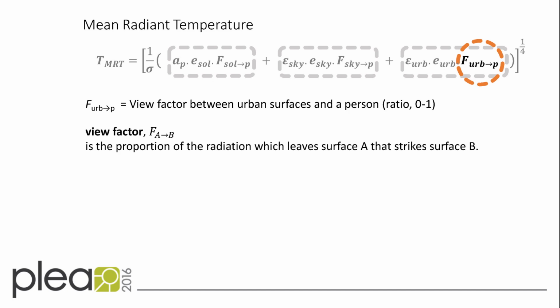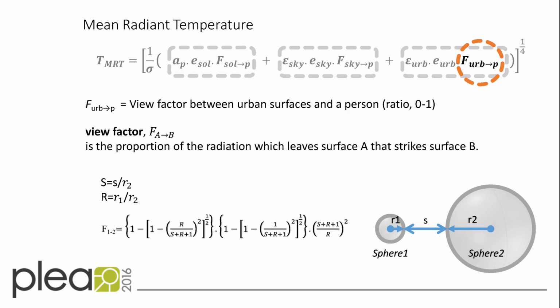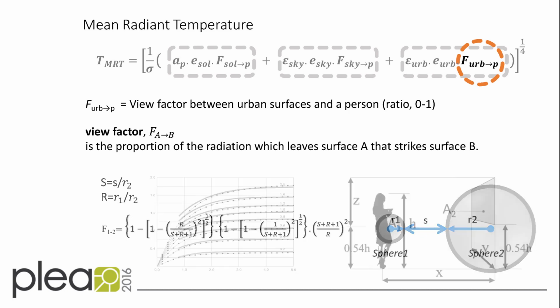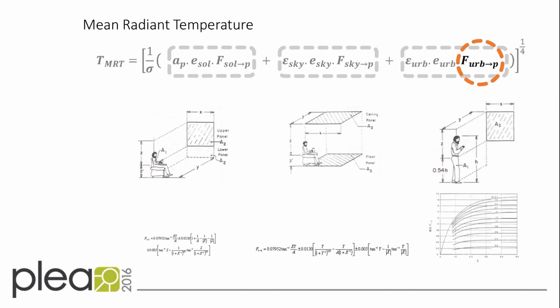The view factor is the proportion of the radiation that leaves surface A and strikes surface B. So if you imagine two spheres with R1 and R2 as the radiuses and S as the distance, in this very simple condition we need to use this equation to calculate the view factor. Therefore, it's a very complicated factor and needs to be carefully calculated for different conditions depending on the surfaces and